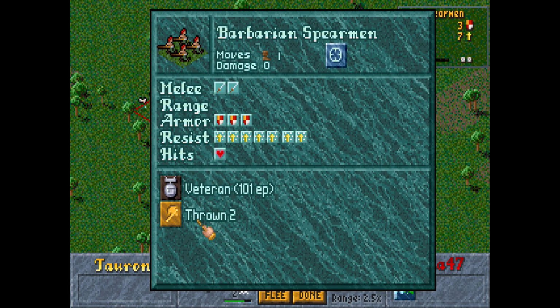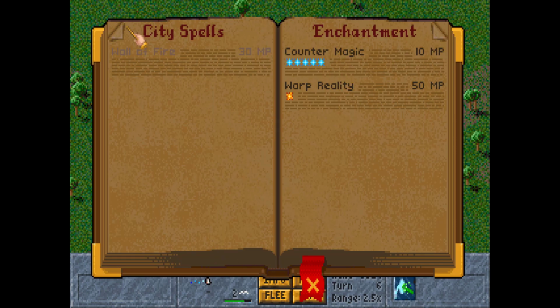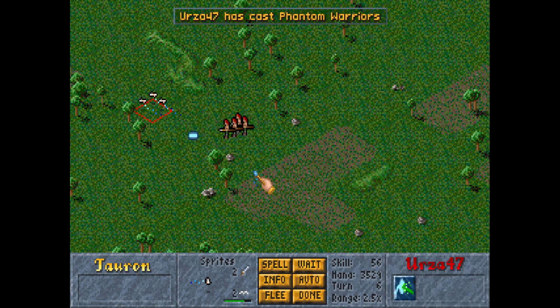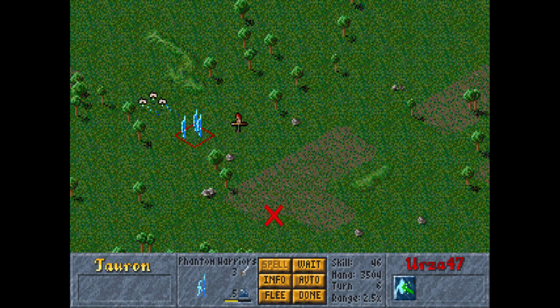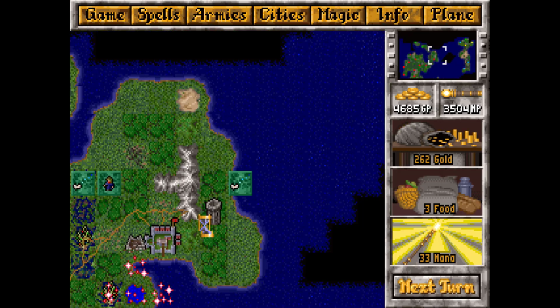Now these guys don't... Oh, you have a thrown attack. Okay, yeah, we're definitely going to need... You can hit flyers with thrown attacks. So how about some Phantom Warriors? Okay, that'll teach you for murdering my...